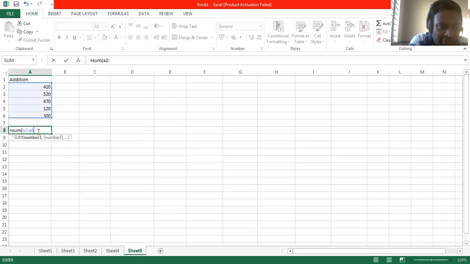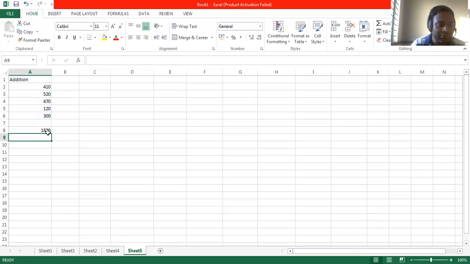When I entered the last cell address, all the cell addresses were automatically selected together. Why? Because when you mention A2 colon A6, it automatically considers all the cells. When you mention a colon, you are giving the path from starting to ending. Then close the bracket and press enter.